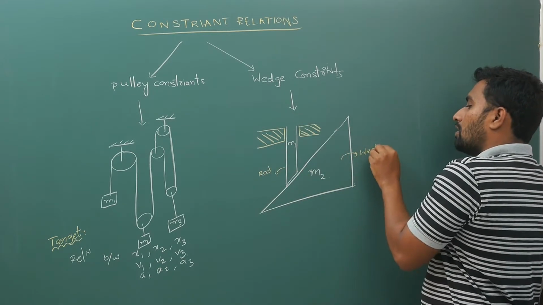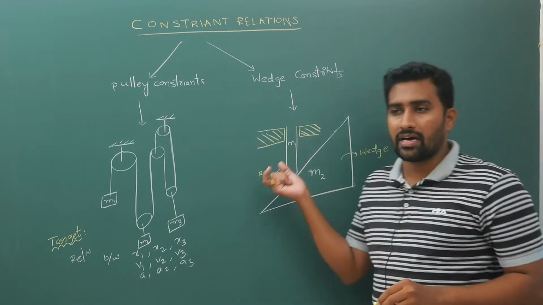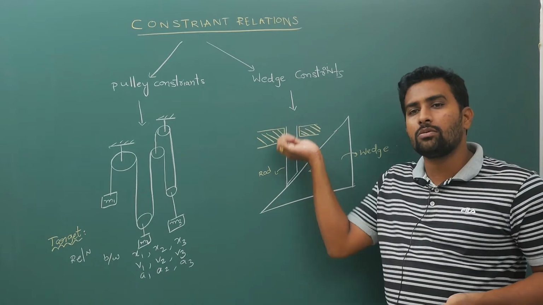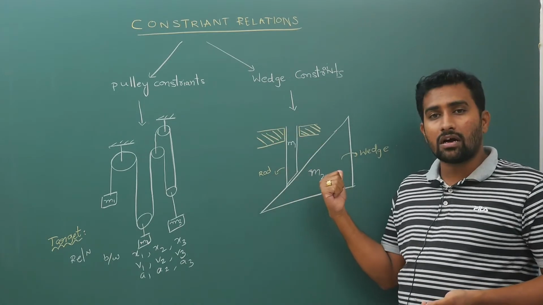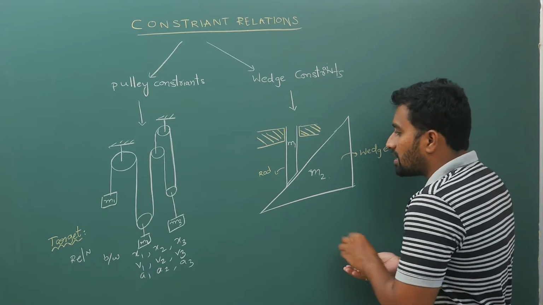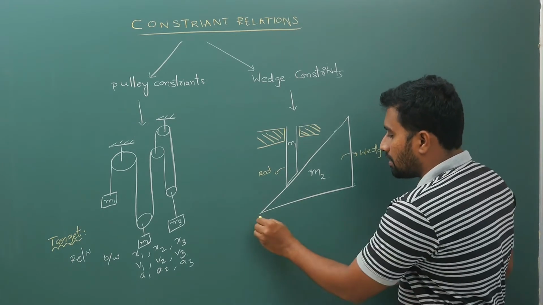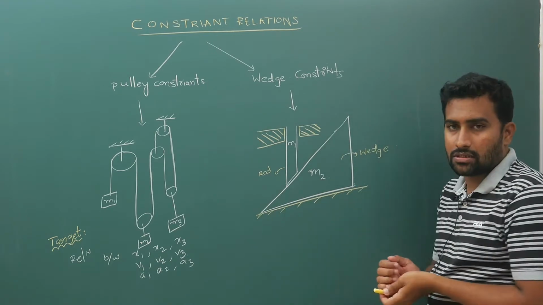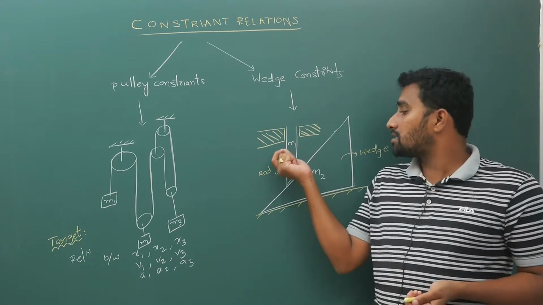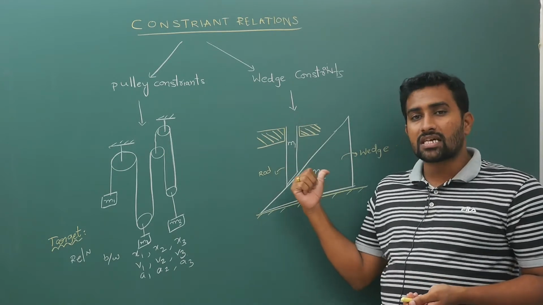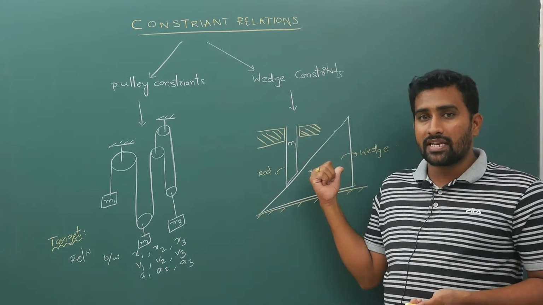Okay, so now if you have a fixed support here, what will happen? This block of mass m is allowed only to move downwards. This block of mass m2 is allowed only to move horizontally, because on the ground, if you have your ground here, this wedge cannot fly in any other direction. So this rod is constrained only to move along the y direction. This wedge is constrained only to move along the x direction like this.